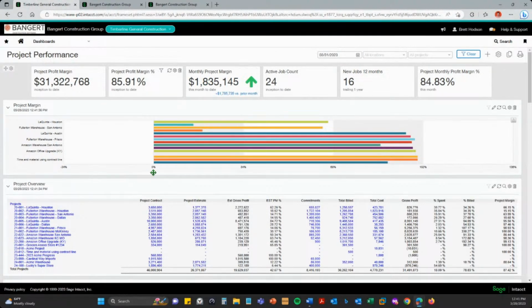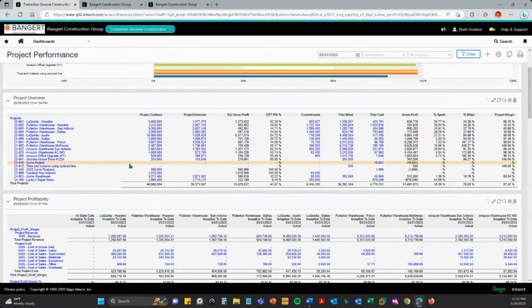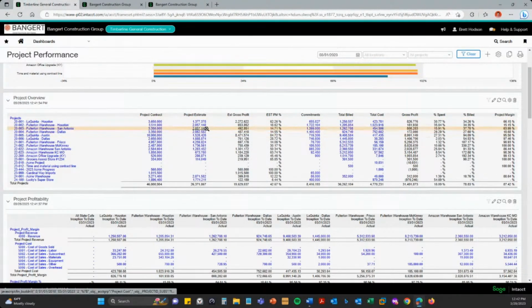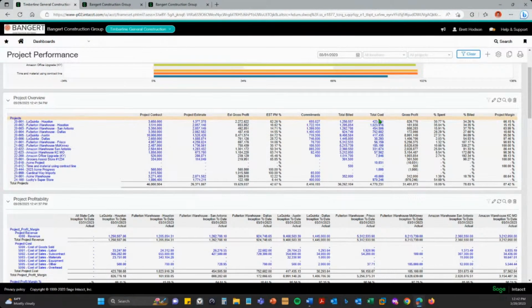I'm looking at project margin. Here's a list of the projects that I have going on. And you can see here that we have a traditional project type detail with contract estimate, purchase orders and subcontracts, commitments, what we bill, our costs, and some margin calculations.